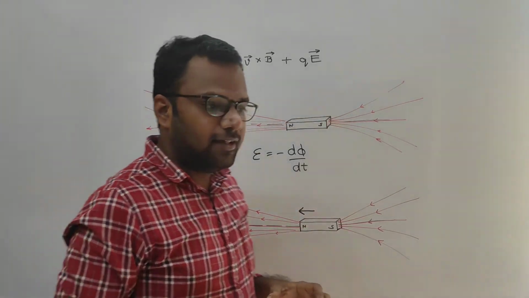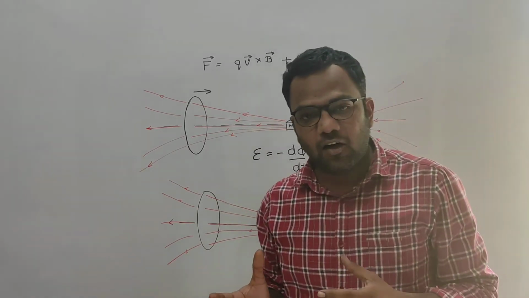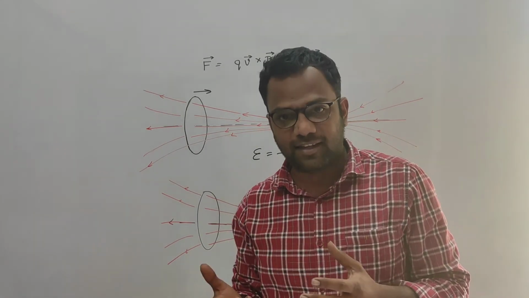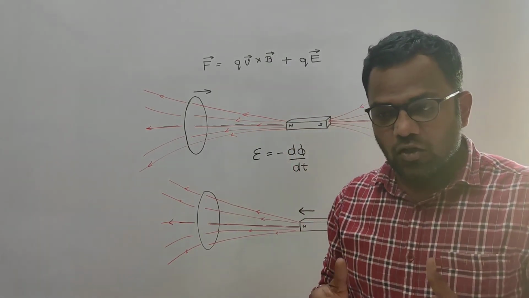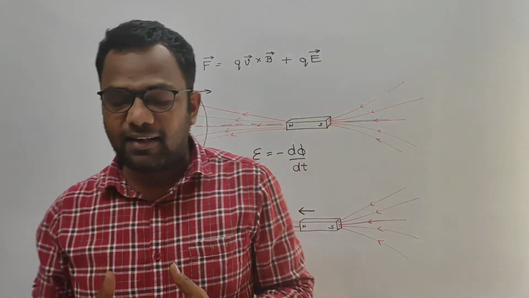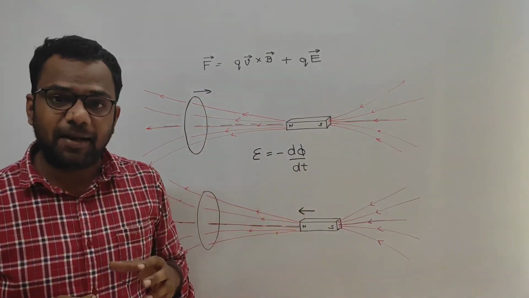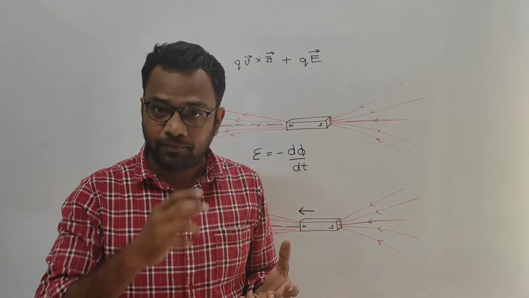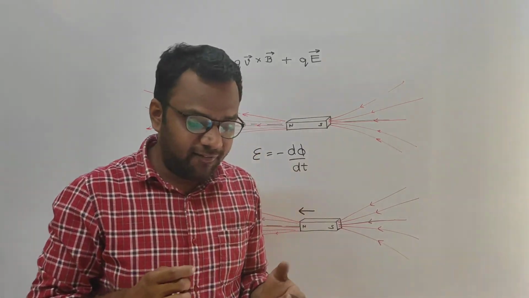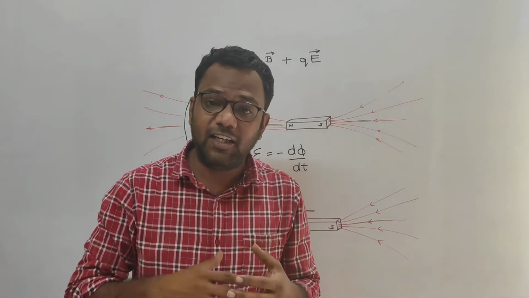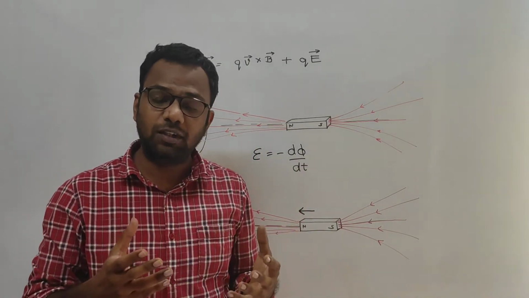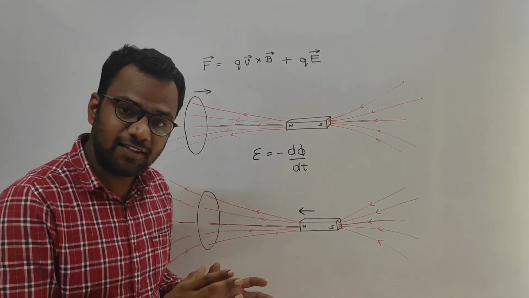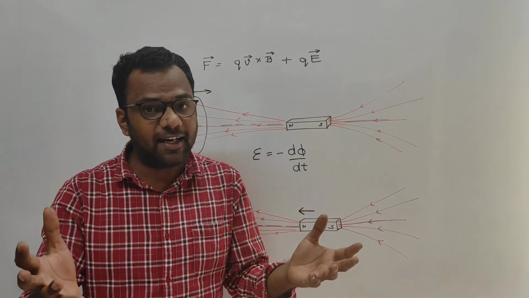So whether the field is electric field or magnetic field or the combination of both, it depends on the frame of reference. Correct? So electric and magnetic field are not independent. They are aspects of the same entity called electromagnetic field. Whether the electromagnetic field will show up as electric field or magnetic field or the combination of both, it depends on the frame of reference. If you are fixed to a frame of reference, then you can treat electric field and magnetic field separately.